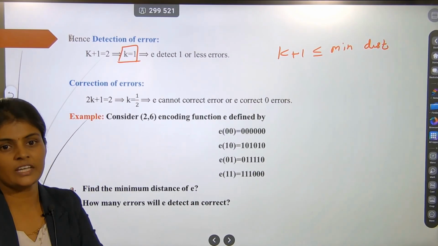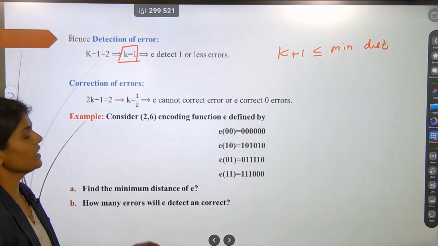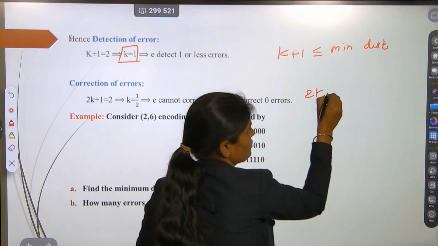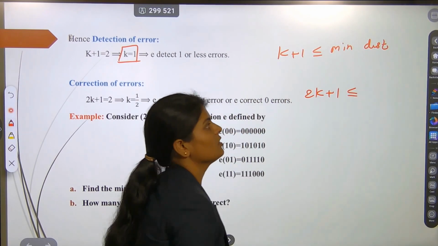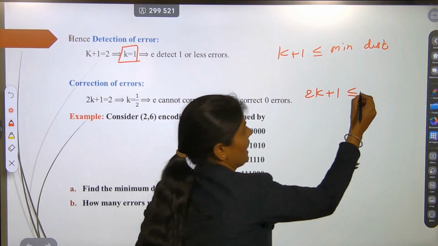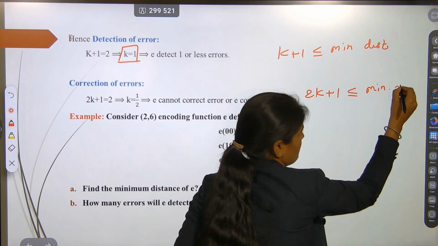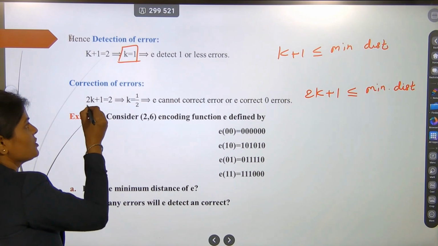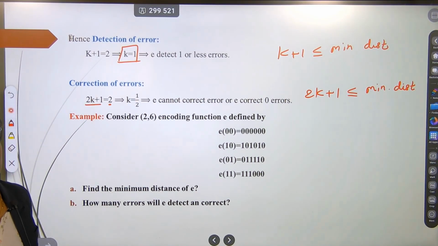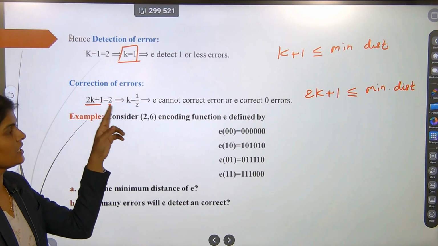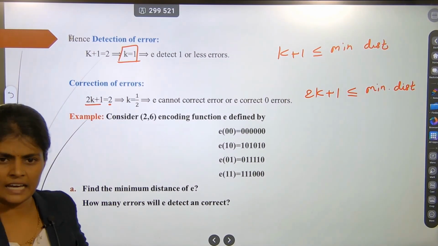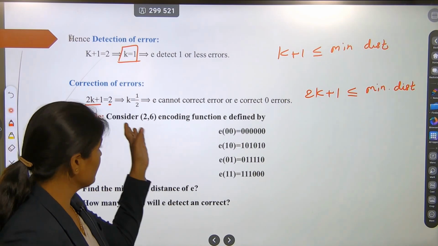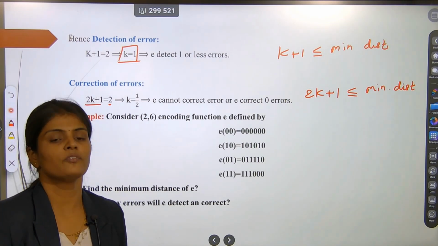Similarly, we use theorem number 2 for correction of errors. In this theorem we saw that the encoding function corrects k or fewer errors if the minimum distance is at least 2k plus 1. Again for the sake of convenience we take an equality sign, so 2k plus 1 equals the minimum distance. After solving this we get k equals half. So can we say that E corrects half a number of errors? No. In that case E cannot correct any error,